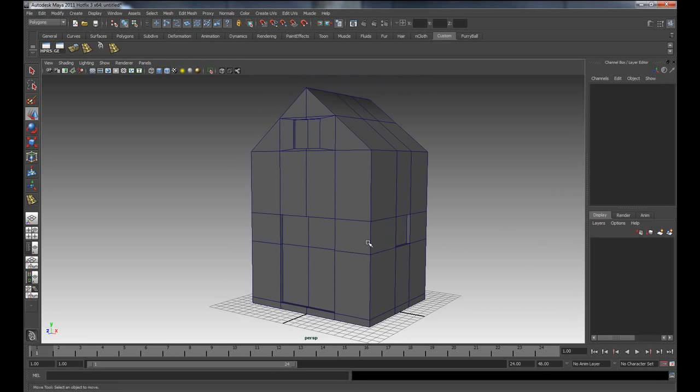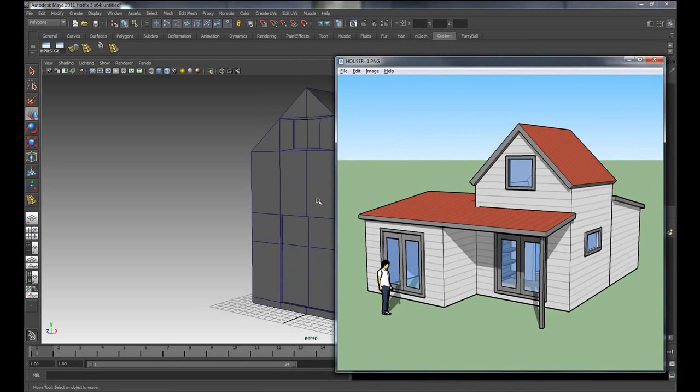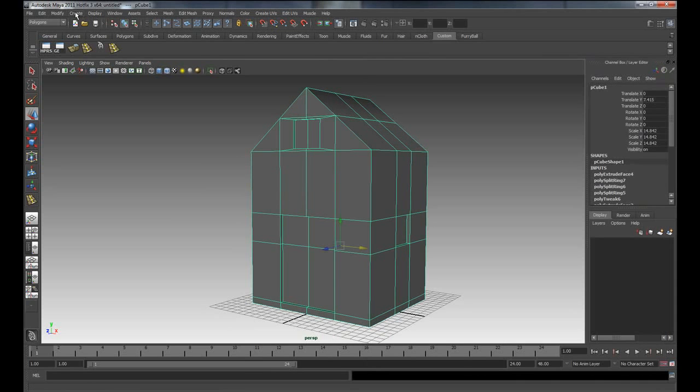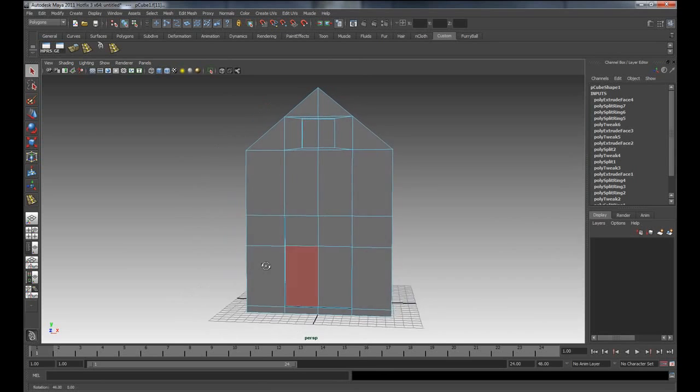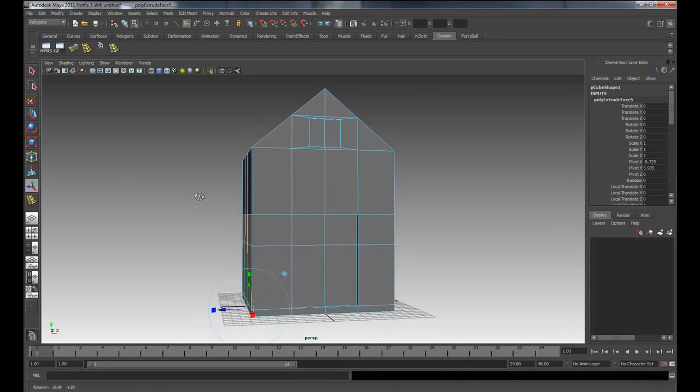So I'm going to try to move quicker because we're going to be mostly using these tools: the extrude, the insert edge tool, and then the split or the cut tool, like I did up here. Okay, so what's next? I'm gonna go ahead and add this to it. I can actually extrude it from this house. I can come up here and create another cube and model it, but for this one I'm just gonna extrude all this section here. So all of that, I'm gonna bring it out, and it's gonna create another section. So extrude, the move tool, and I'm going to push this out